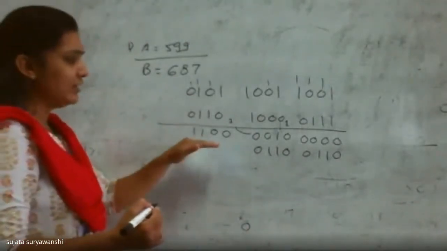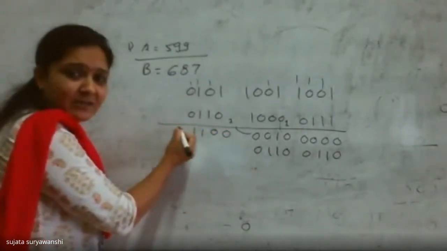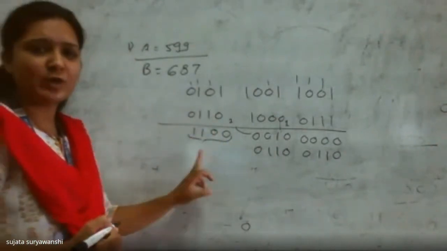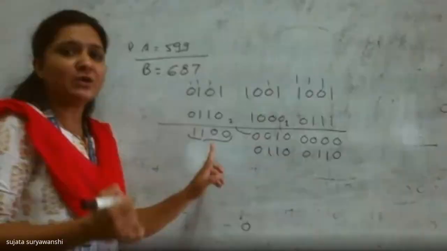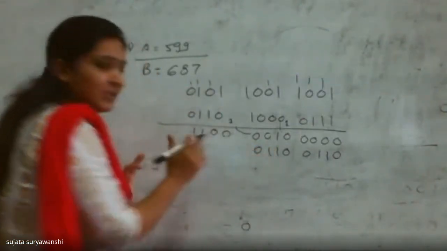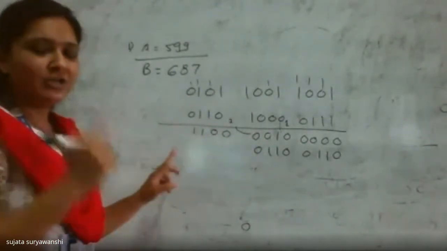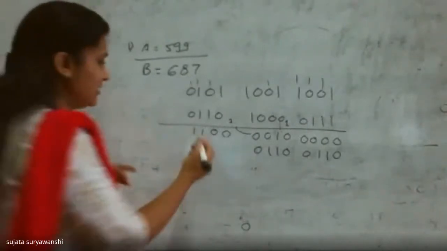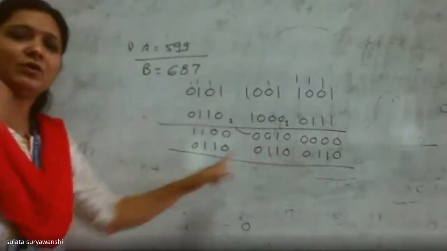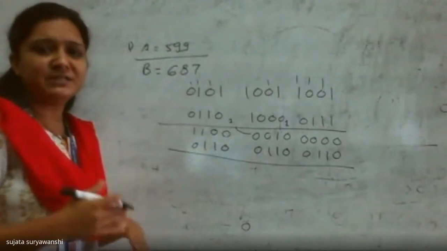Now, the next nibble is 1100. We are not getting a carry here. But what is your result? 1100 means 8 plus 4, which is equal to 12. So 12 is greater than 9. So again, this comes under your second case, that is, sum is greater than 9 but carry is equal to 0. In that case also you need to add 6. So here I am adding 6 for all three nibbles, as all three nibbles are invalid BCD numbers.